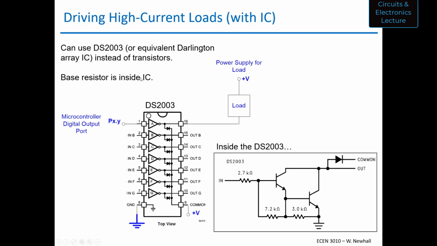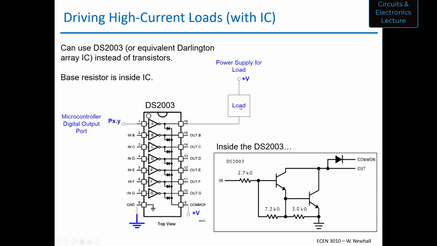And then, so there are other options, and there are specialty chips. Now, I mentioned that there are buffer logic gates and inverter logic gates that can take a very small current at the input and handle higher currents at the output. This is one of those. I want to point a couple things out here. So you can control 7 higher current loads with this chip. There are 7 inputs here from a digital output, let's say, of a microcontroller, and there are 7 outputs. And if you dig into this data sheet, what you'll see is this, and I'll get to this in a minute, but